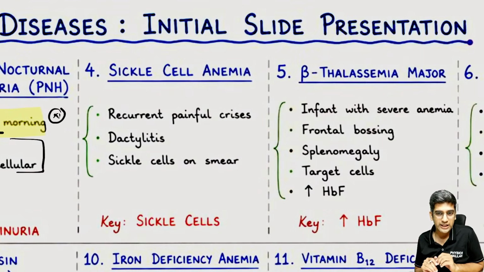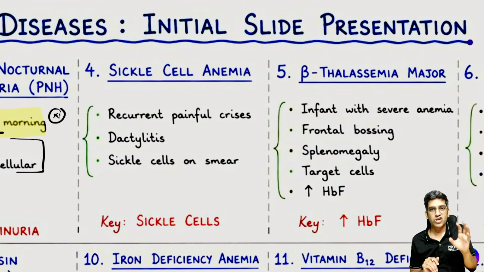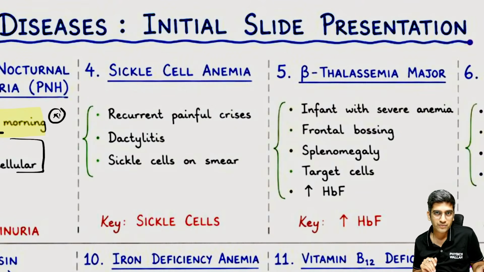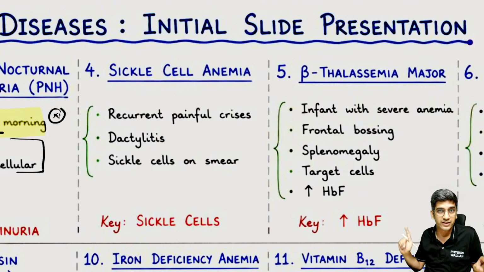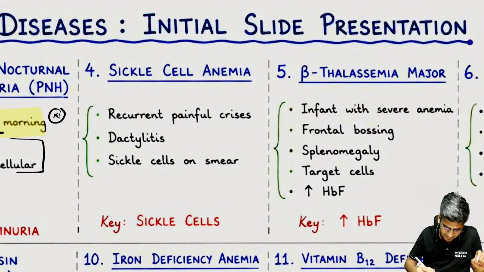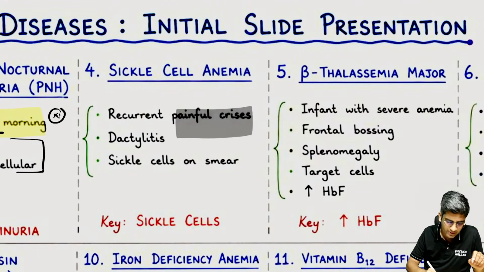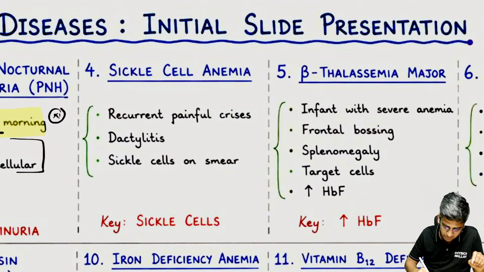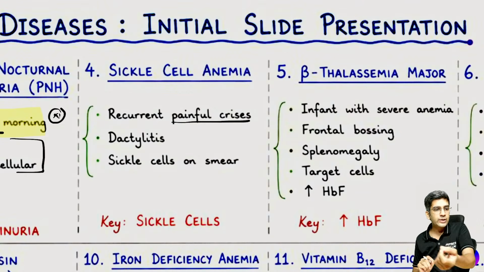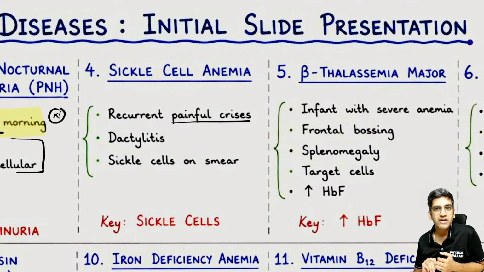Next, sickle cell anemia. Sickle cell anemia does not present with anemia. Please do remember that. Thalassemia will present with anemia, fatigue, and everything. Sickle cell anemia presents, by default, with painful crisis. They don't present with anemia, they present with painful crisis only. Remember them, right? Can anyone give me one example of the sickle cell anemia vaso-occlusive crisis?